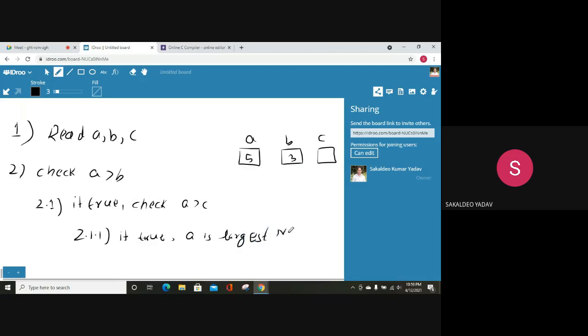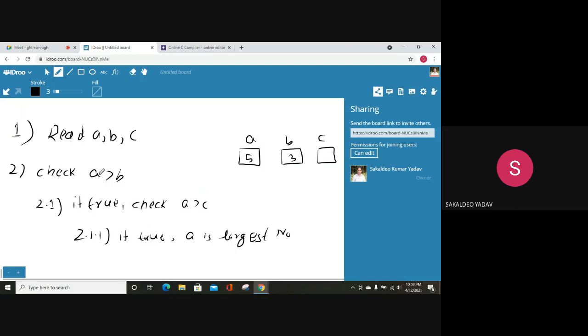If a is greater than b is true, and a is greater than c is also true, of course the value present in a will be the maximum, so a is the largest number.